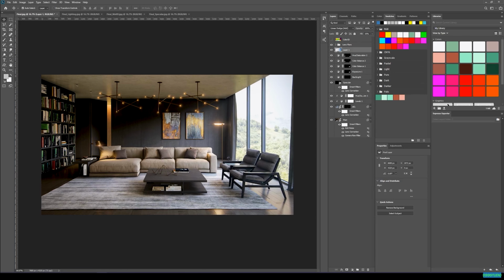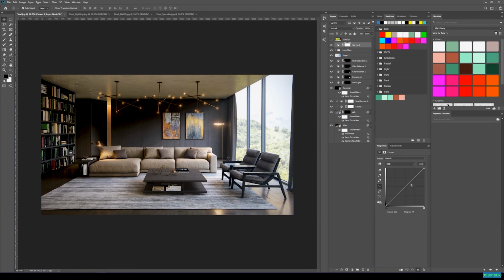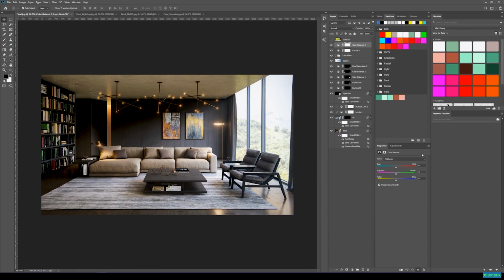One last thing I want to do to my image, I want to add now on top of all of this some color balance and some curves. So let's start with curves. I'll push this here a little bit to the top and this one a little bit lower. So like this, so there's a little bit more contrast to the image. Then I'll select color balance, and on color balance I will put the midtones about 1, and here about 3 or 4. Okay, then for the shadows I'll move this towards